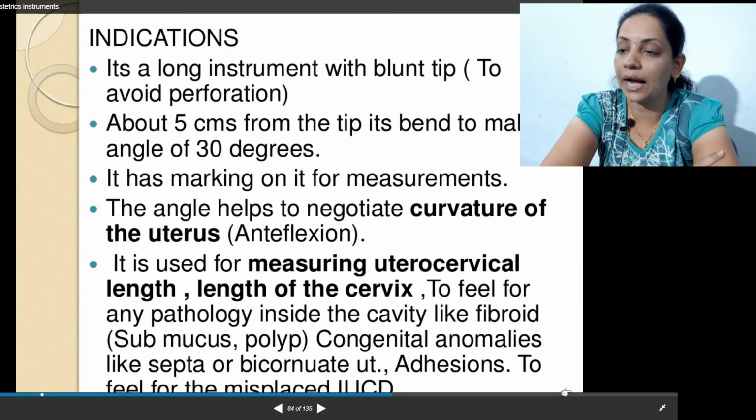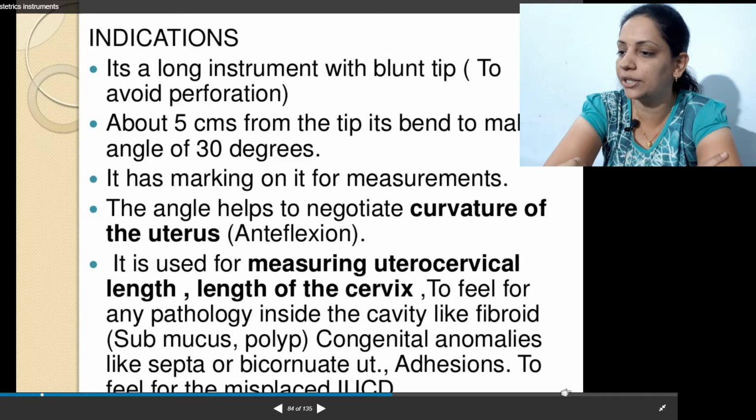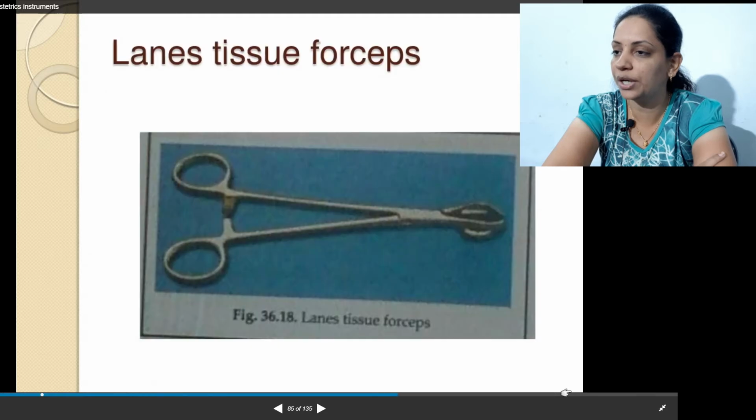It has a typical angle which helps for proper measurement, and it is related with the curve of the uterus, as it is anteflexed. It is used for measuring the uterocervical length, the length of the cervix. So usually it is used for detecting any congenital anomaly, and the size of the uterus and cervix.